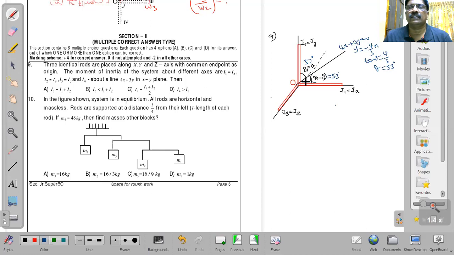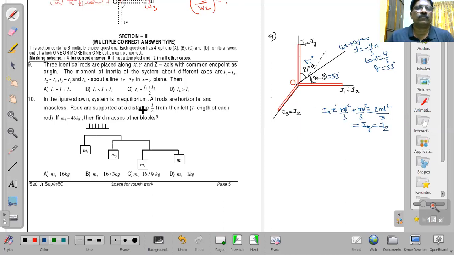About x axis, these two are perpendicular. That means about x axis moment of inertia, Ix is equal to, you see, this rod is having no moment of inertia about this axis. Here about x axis, the moment of inertia of this rod, x axis passing through one end and perpendicular to length of the rod, that's why ml square by 3. All are identical. That's why ml square by 3. Plus for this axis, for this rod, ml square by 3. That means 2 ml square by 3 is the moment of inertia about x-axis. Similarly, about y-axis, about z-axis.